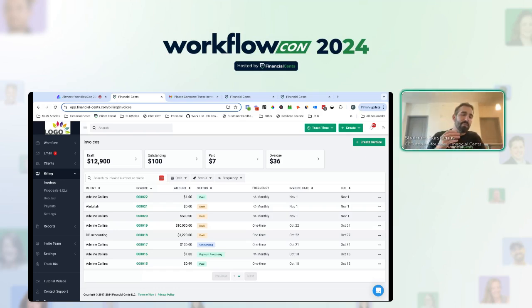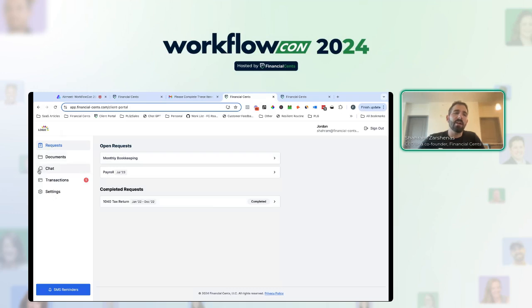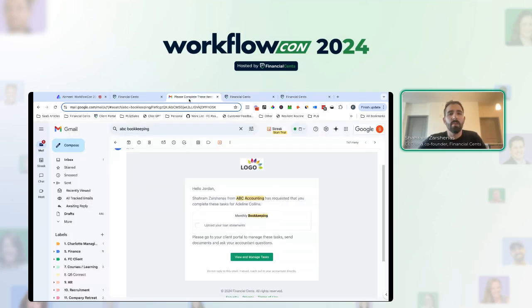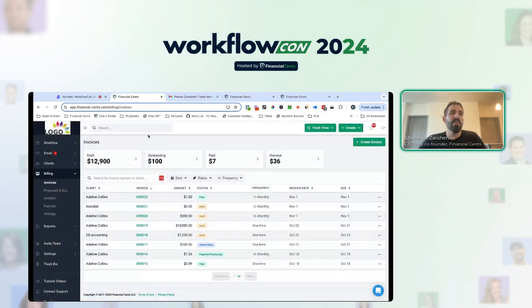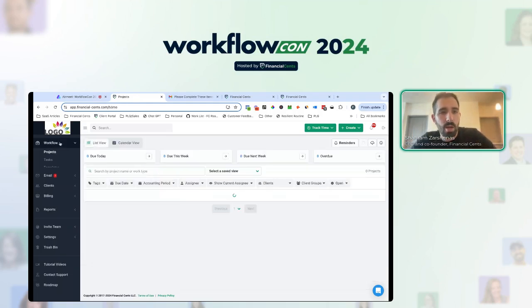So really being also able to centralize your revenue operations. And not only is that beneficial for your firm because now you're keeping your revenue operations integrated with your workflow operations, which there's a lot of benefits to that, but you're also centralizing it on the client side. So now your client can pay their invoices in the portal that they're already in to communicate with you, to send you the information, to view documents, which makes it a better client experience and helps you get paid faster. So that's something that's coming too. But yeah, that was a quick high level overview of Financial Sense.